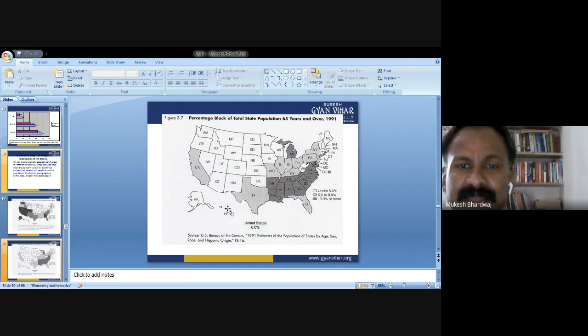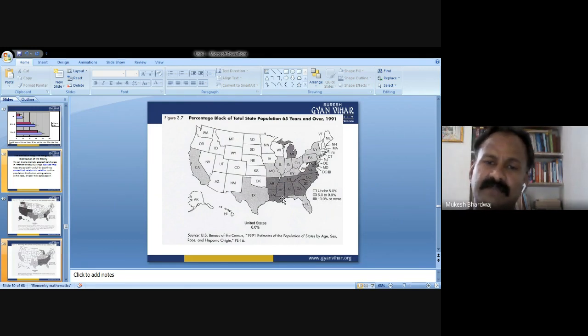Now, percentage of black of total state population. Now अगर हम बात करें कि ब्लैक लोगों का परसेंटेज निकालना है, तो अगर वही सेम चीज यूनाइटेड स्टेट्स का है. So this is the geographical representation method in which you just divide the categories or show the categories by different means or modes through the graph.